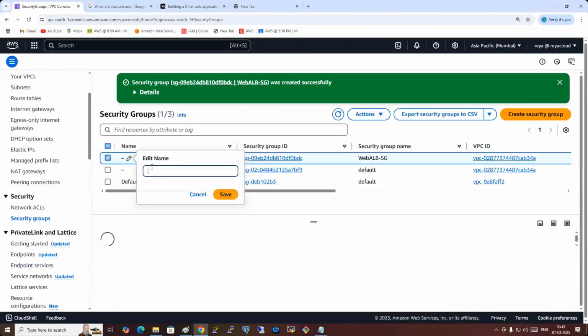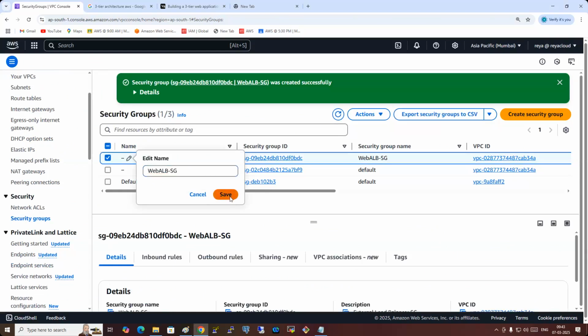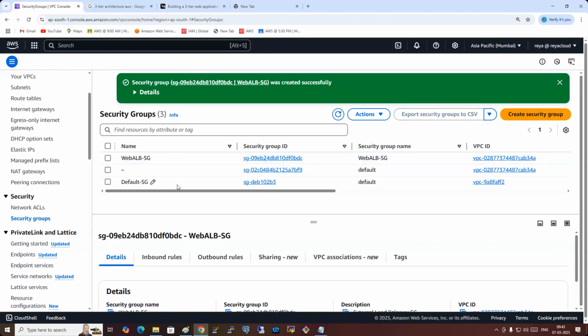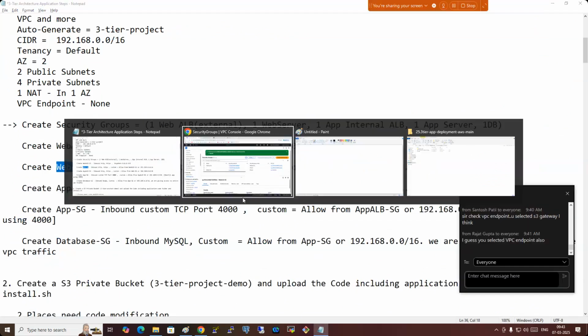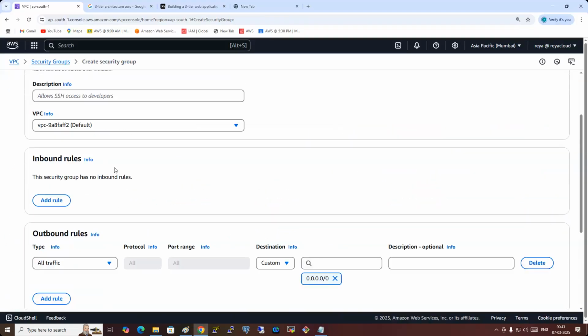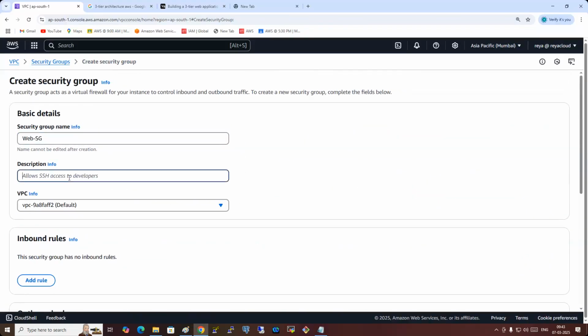Okay, we need to give the tag. Next time we'll give the tag also. Okay, what's the next one? Web SG. Let's create it. Web SG. Okay. What is this? Web servers security groups allowed only from where? Web